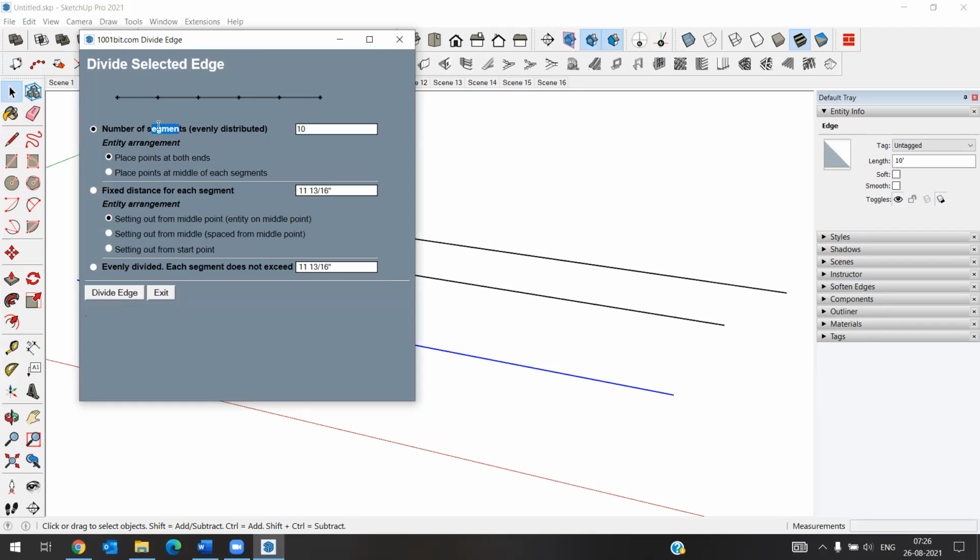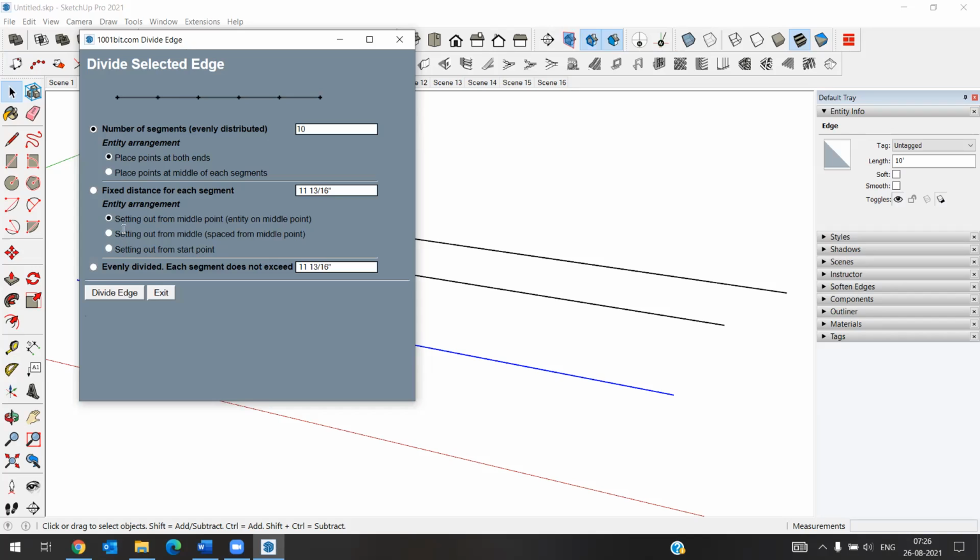Number of segments evenly distributed for the entire segment. So it will divide the whole piece we have into 10 parts, that is the first one. Next, fixed distance of each segment, entity arrangement. Okay, we can cut the line with a fixed distance and we can arrange the order also from starting to ending or from middle.